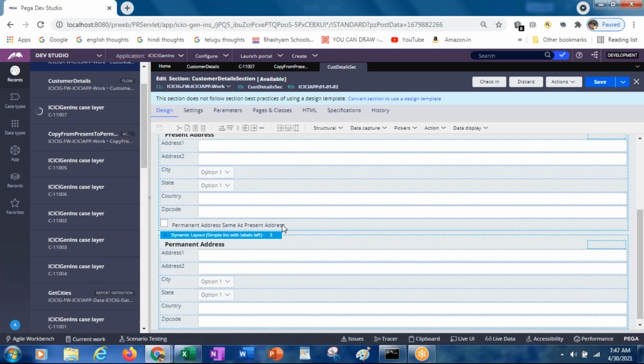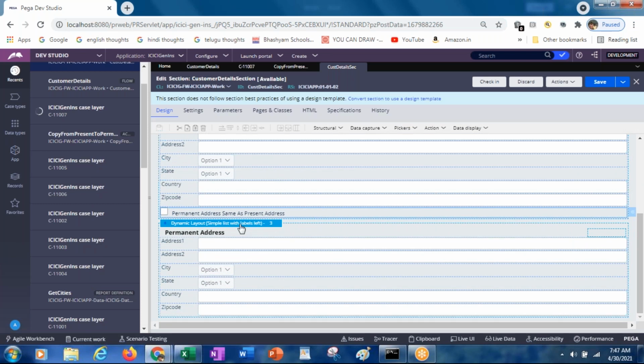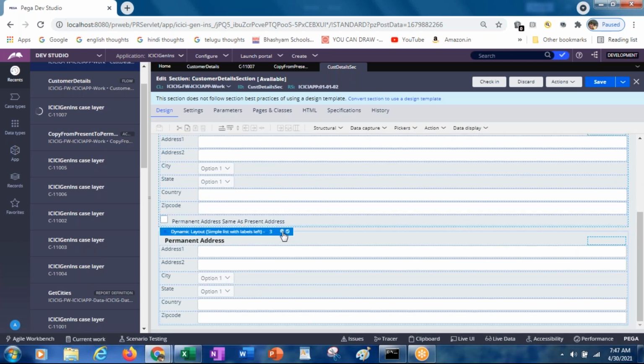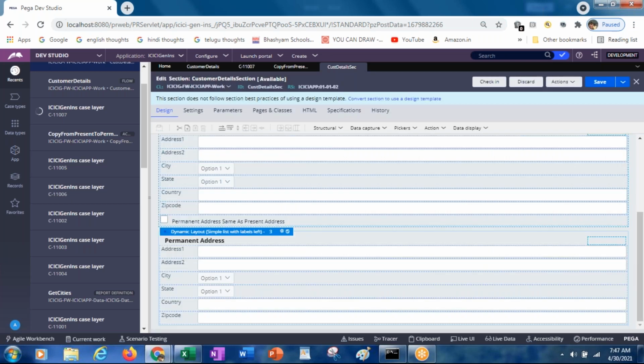On click of this checkbox, just for testing, as the clipboard is not working, we will remove this visible condition so that we can see both of them. The condition we applied is permanent same. Now make it always and submit. Save it.